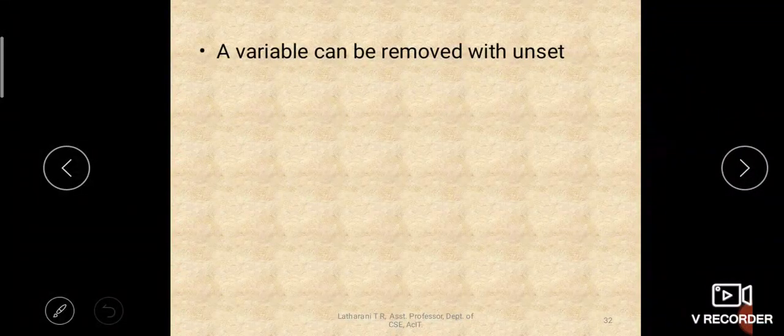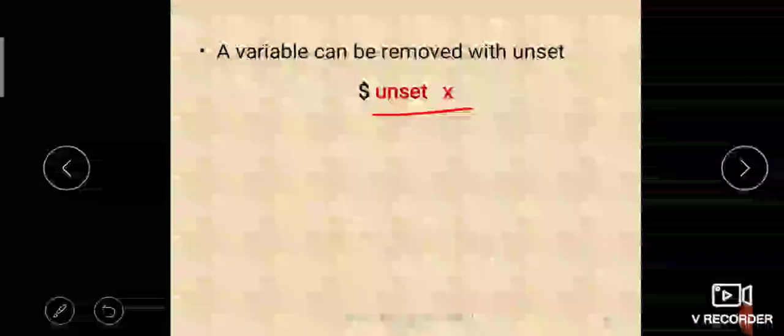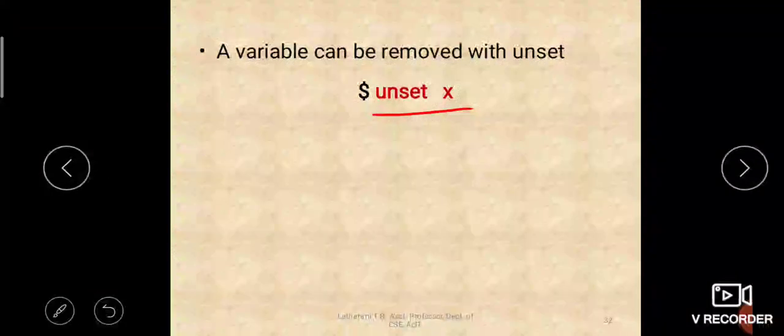A variable can be removed with unset. As soon as you create a variable, you can use it, and you can access its value using the dollar symbol, but to remove it from memory, you can use unset. This was not available in any other programming languages, right? Using the unset command, you can remove the variable from memory. When you say unset x, the variable x will be removed from memory and you cannot use x anymore